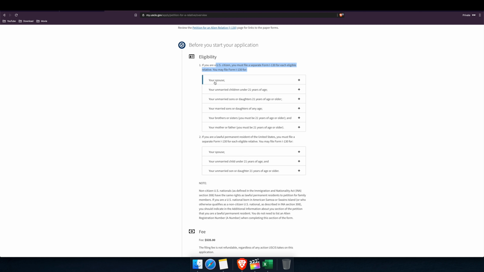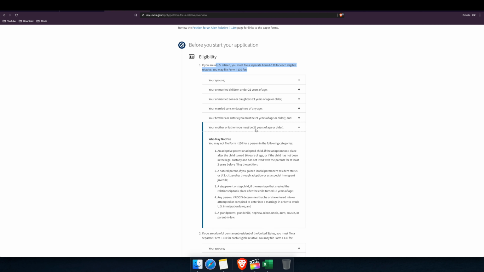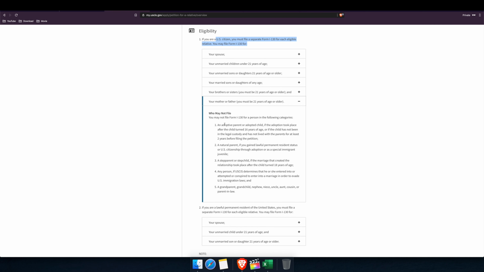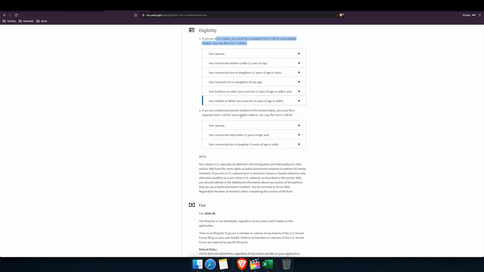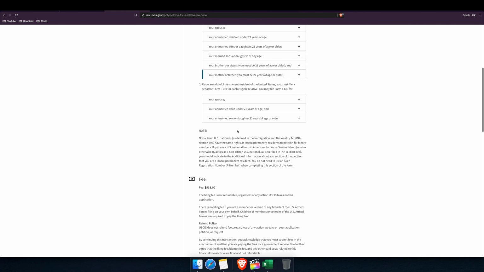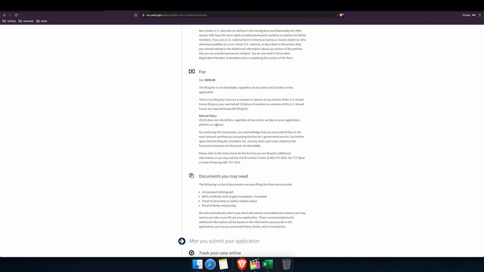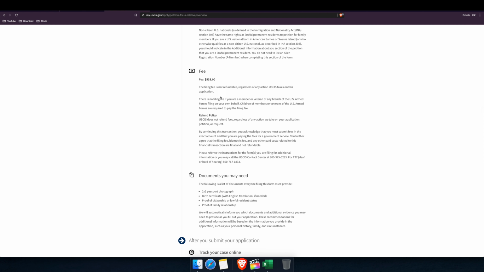for my spouse or children who are under 21 years old, or a son or brother. But my target in this application is to apply for our parents. I have planned to apply for my parents, so I am showing this tutorial for that. So we must check the eligibility, and then we need to pay a $335 fee. The fee may change, but you will see the actual fee you need to pay when you start